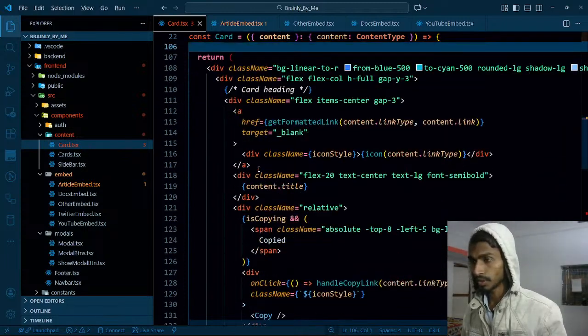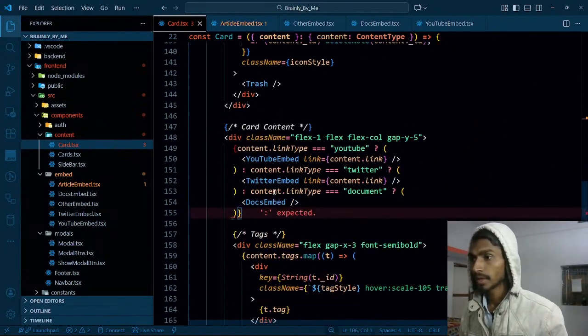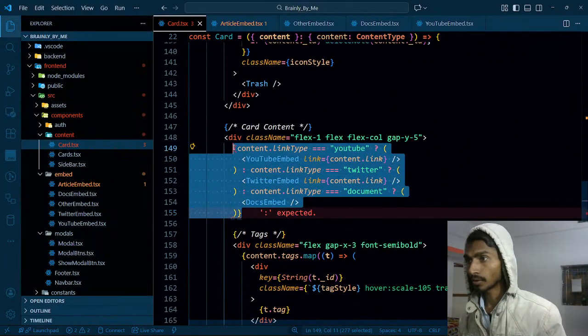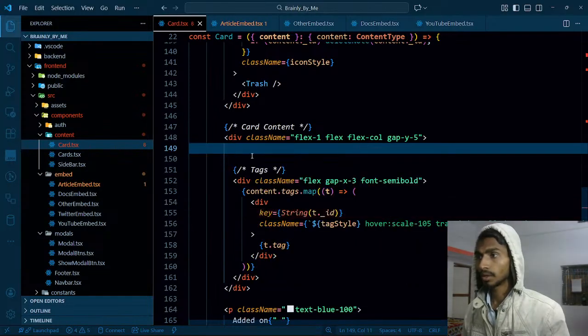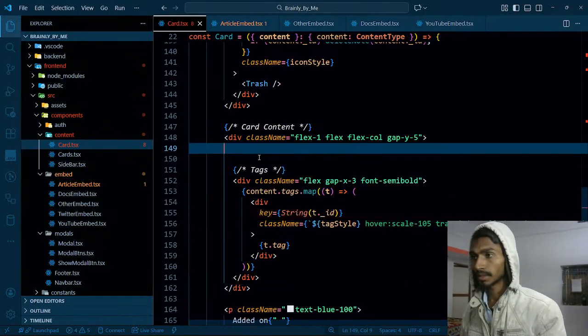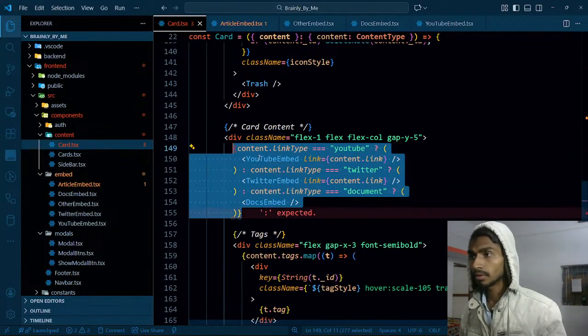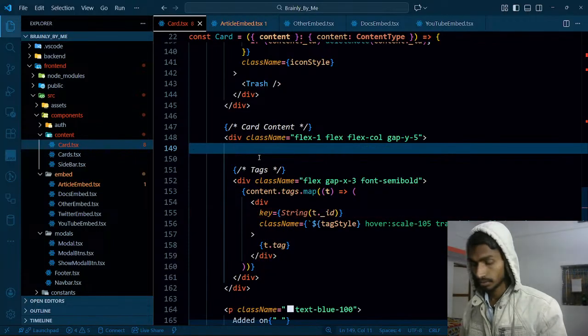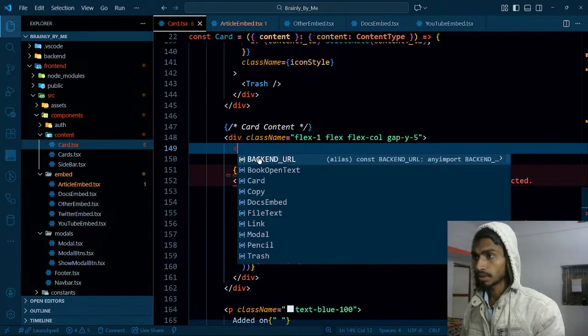So this much I've done over here, and what I'll be doing from here, that let's simply cut for everything from here, and once those things are cut, then let's simply paste it over there. And in here what all I'll have, content type, on the basis of that thing I have to just show that embed, right? Yeah, so I will be just showing the embed over here,